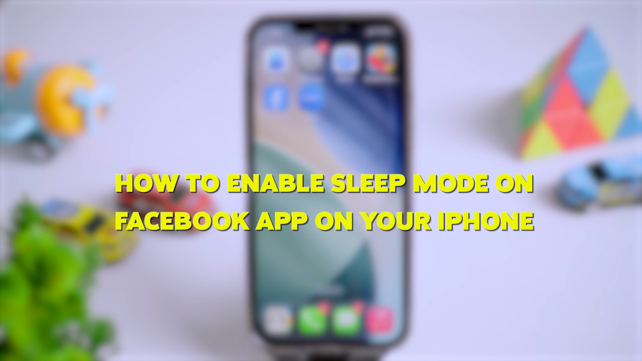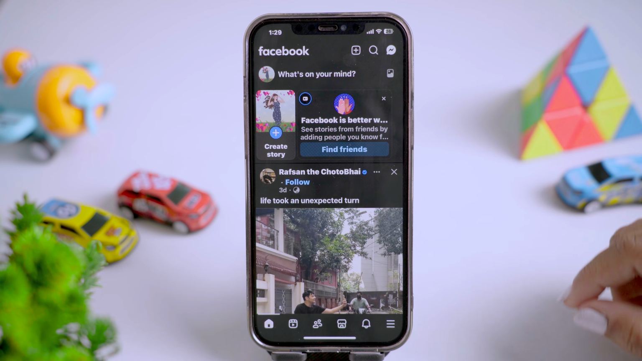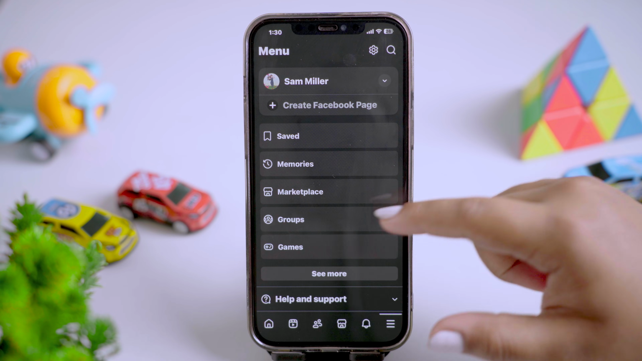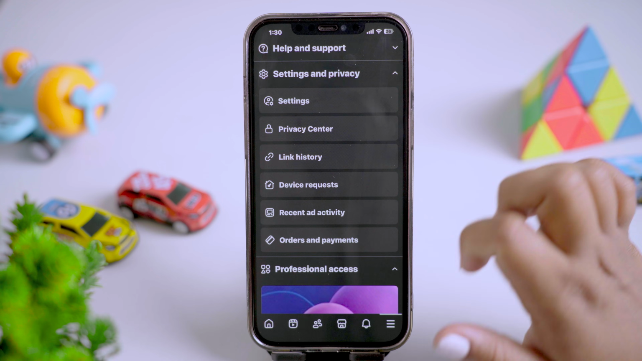How to enable sleep mode on Facebook app on your iPhone. It's very easy. First of all, open your Facebook, make sure that you're logged into your account. Then from here, tap on the menu bar right here. Then from here, if you scroll down a bit, you can see settings and privacy, tap on it, then tap